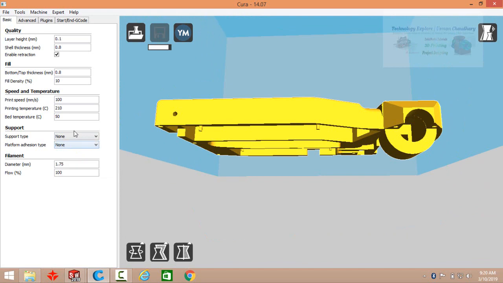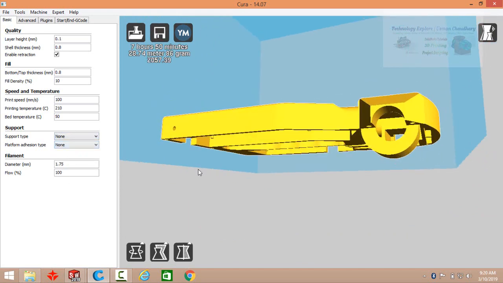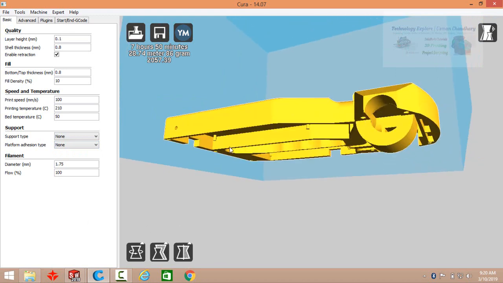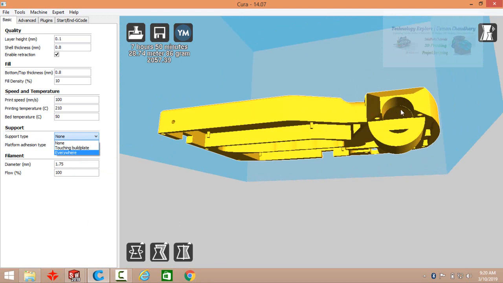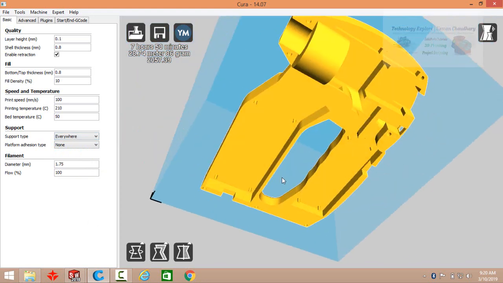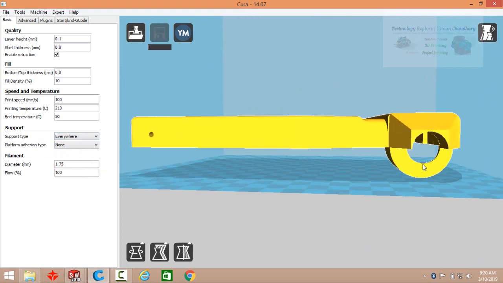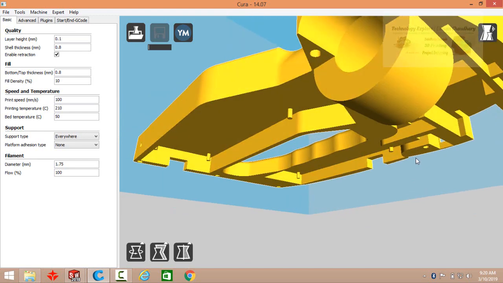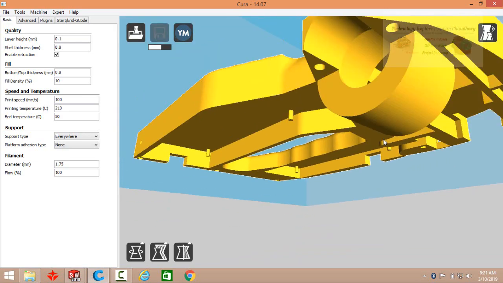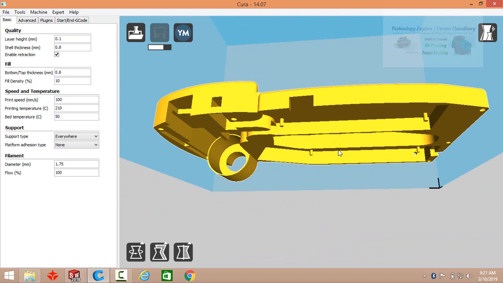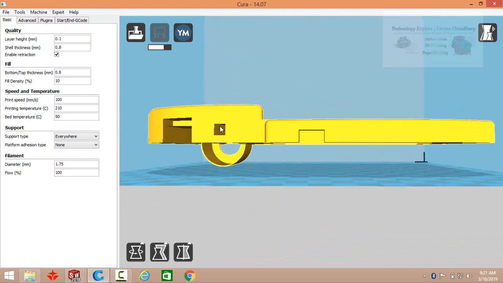on this side. There are two types of supports, touching bed plate and everywhere. For touching bed plate, the supports will be created from bed only. But if you select everywhere, like this model needs the support from everywhere, and like this structure needs support, also needs support on these points, and also on these points.